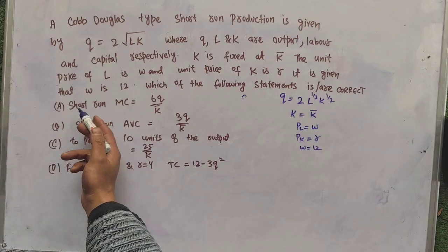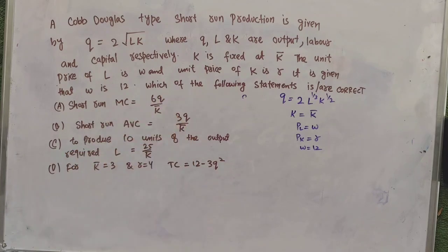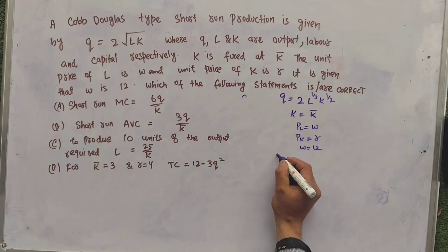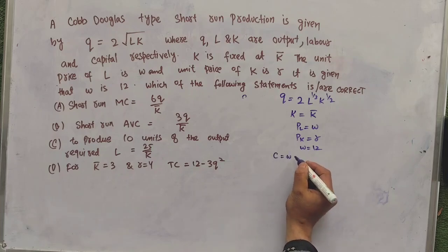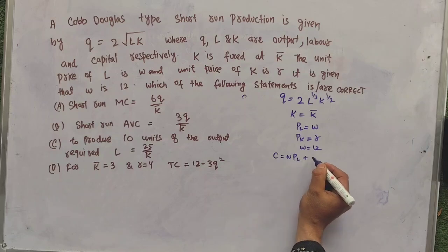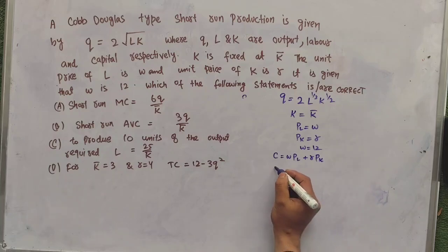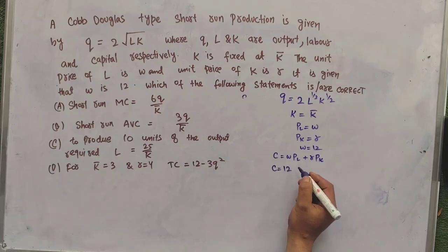We are being told short run marginal cost is this very step 6Q upon K bar. So what will we do? What will be the total cost function? So C will be equal to W times price of labor plus R times price of capital. So total cost will be equal to, W is 12, so can I write 12 times